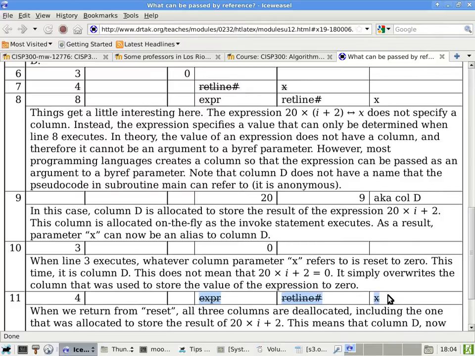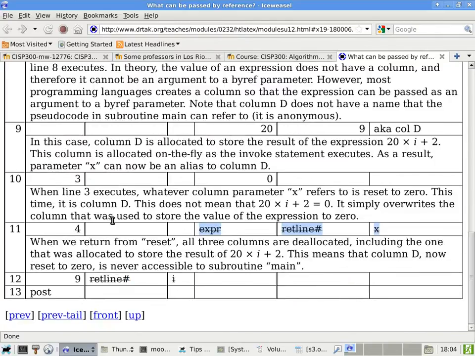But it doesn't do any harm. It does not do any harm to the invoking code because column D does not belong to anything. It has no name whatsoever. It just makes the subroutine itself happy. Okay? So you might want to just kind of read this note here and make sure you understand the nature